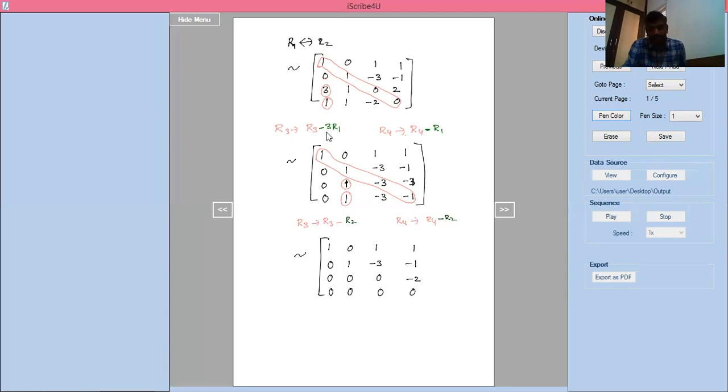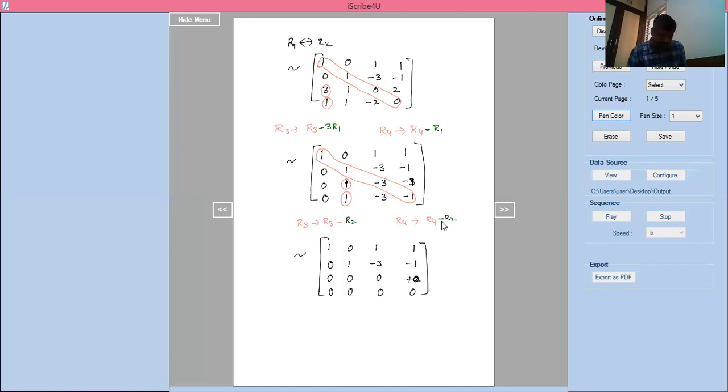R3 is nothing but R3 minus 3R1. R3 is 2 minus 3R1, meaning 2 minus 3. While subtracting, here you will get 0. Number of non-zero rows is 2 here. Remaining rows are all 0 only. Here this one should be minus 1, so I should correct it. Now R3: minus of minus 1 should be minus 1 plus 1, which is 0. Minus 1, minus of minus is plus 1, which is 0.